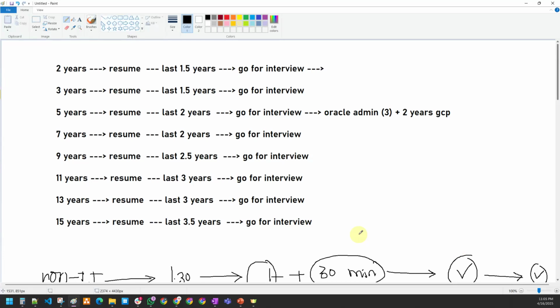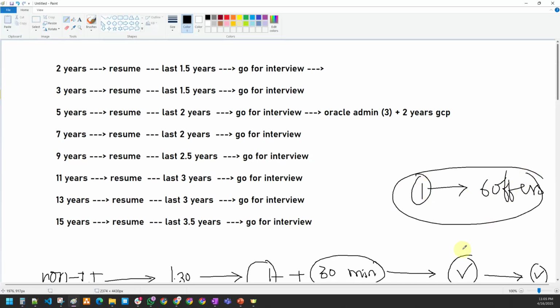It has happened already, proved. Many students have already got not just one offer letter. One of the guys got 6 offer letters, the highest from the course. So this has happened already. Whoever you are, the only thing is whether you have decided or not. If you decide that you want to become a GCP data engineer, whether it takes 1 month or 2 months, after 3 or 4 months you will for sure become a GCP data engineer.